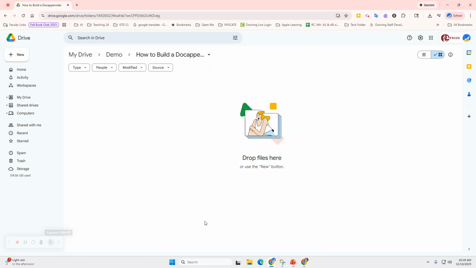Appender is an add-on extension that I put in a Google form that will allow me to have all of the information on that form directed to a specific document. So we can use this for things like running records or session notes to make sure that we keep everything well organized. So I'm going to start in my How to Build the Appender folder,